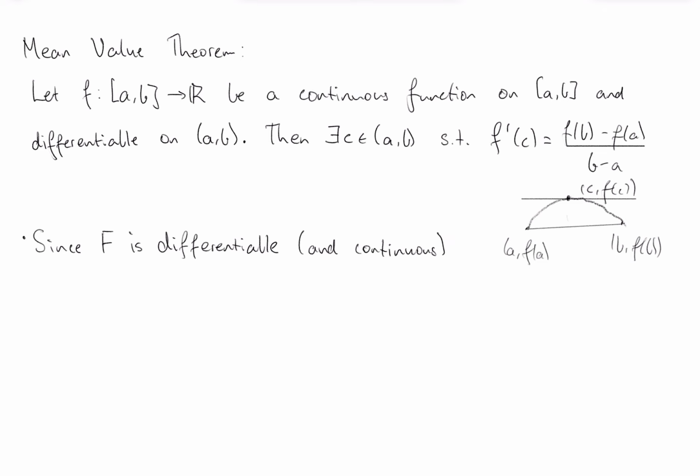So it's differentiable and continuous on each little subinterval, xi minus 1 to xi. Mean value theorem says that there is some ci in between that interval, xi minus 1 to xi